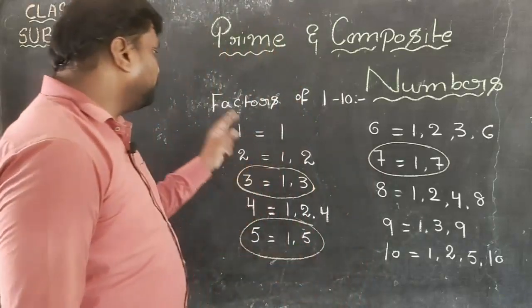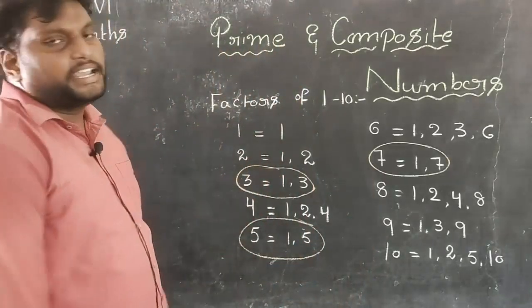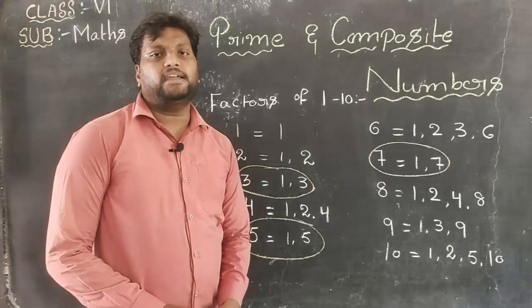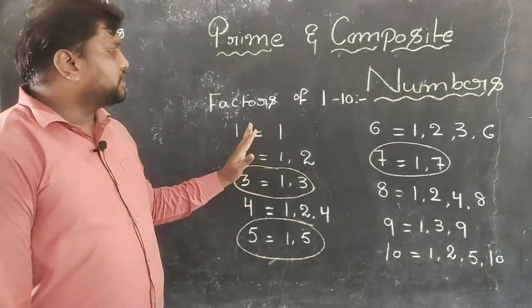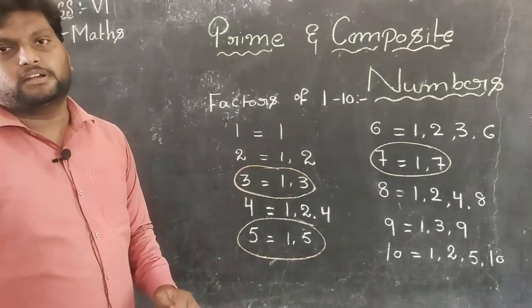Then what about 1? 1 is not a prime number nor a composite number. Prime number, not; composite number, not. Okay, this is the